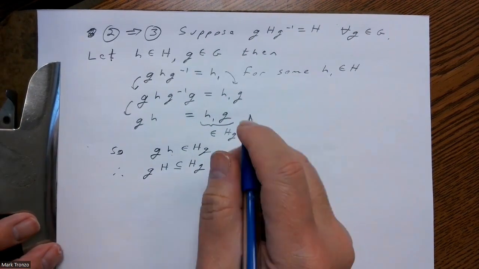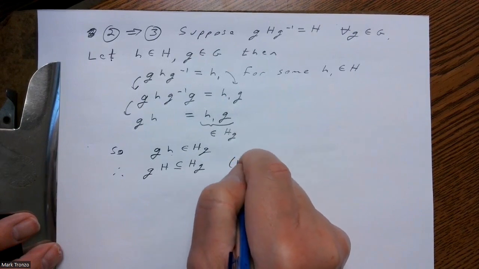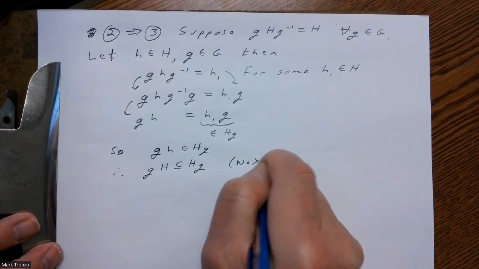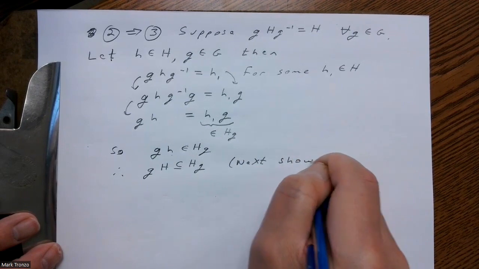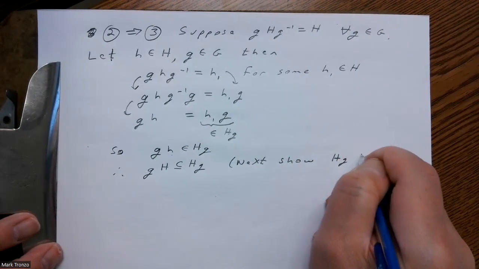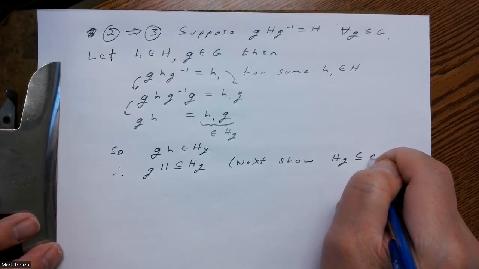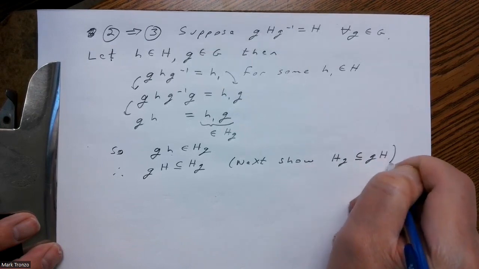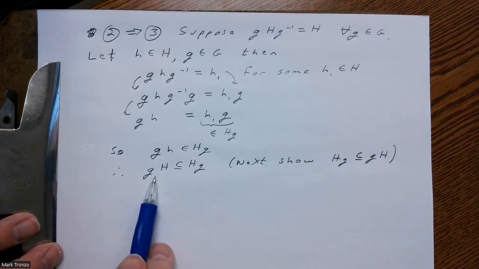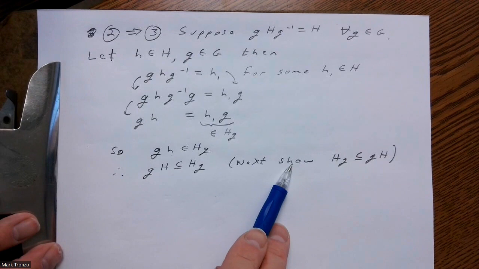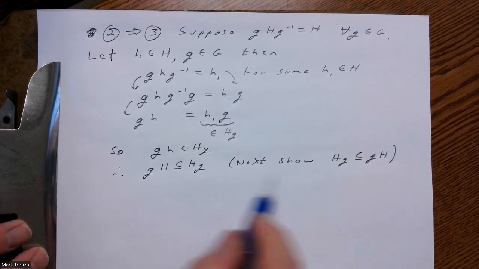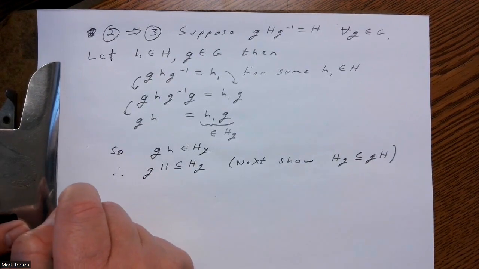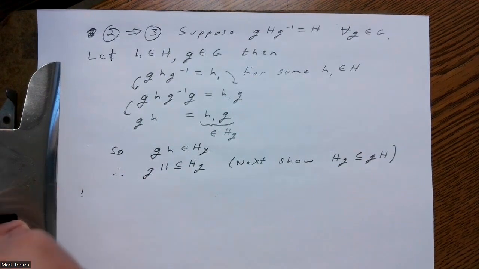So we have this, and next we show that HG is a subset of GH. So we proved this was true. Now we've proved the other way, just like we always have to do if we want to prove two sets are equal. So let